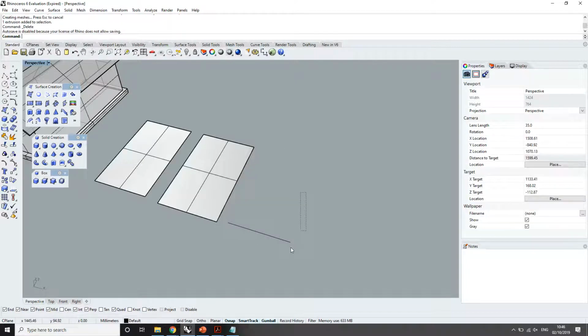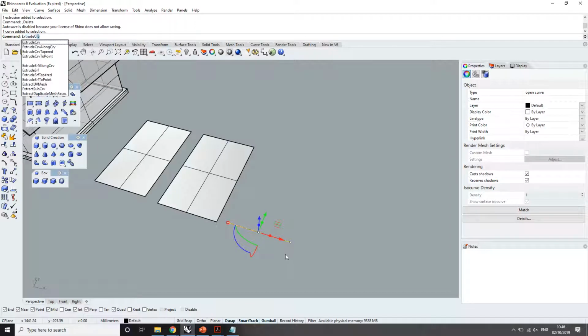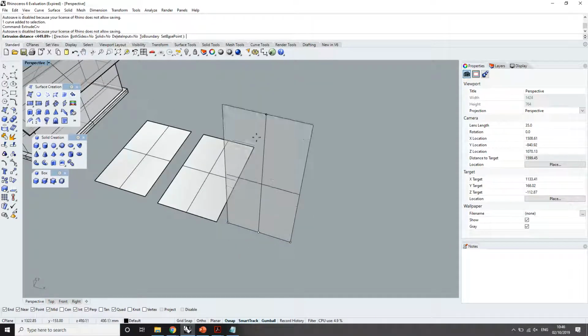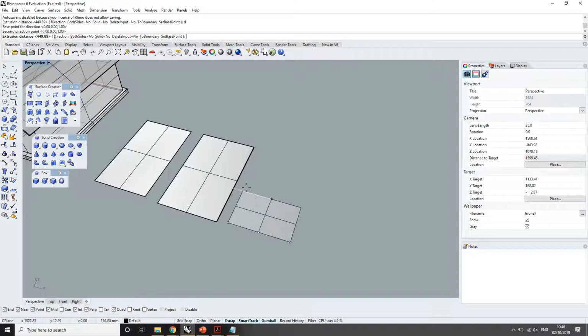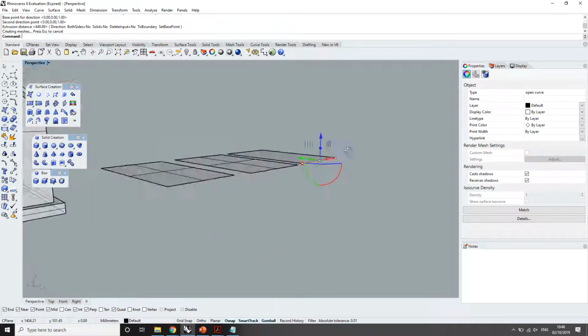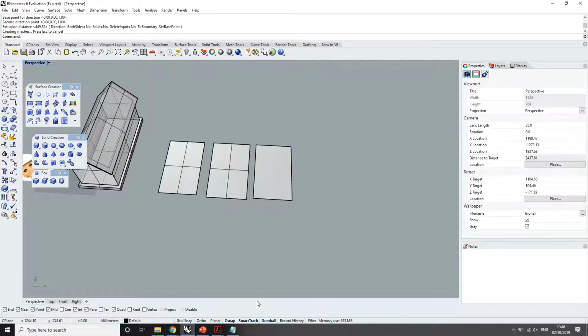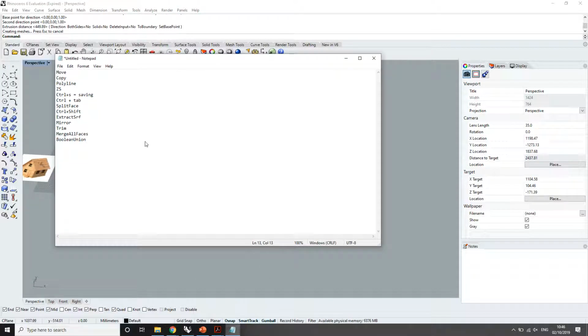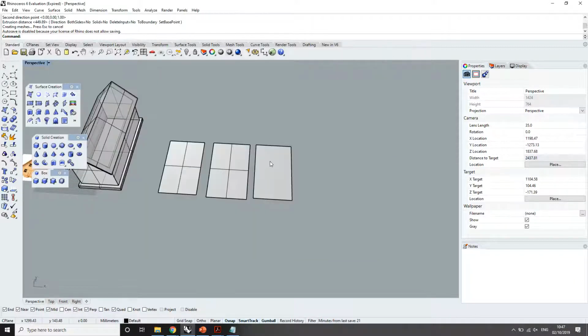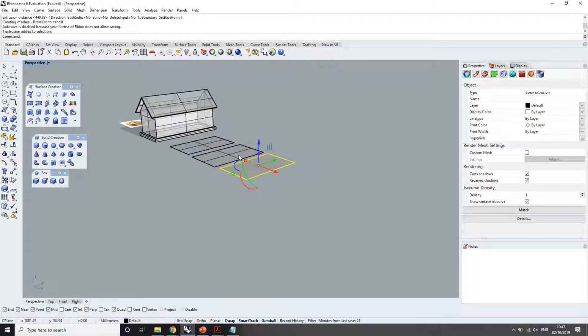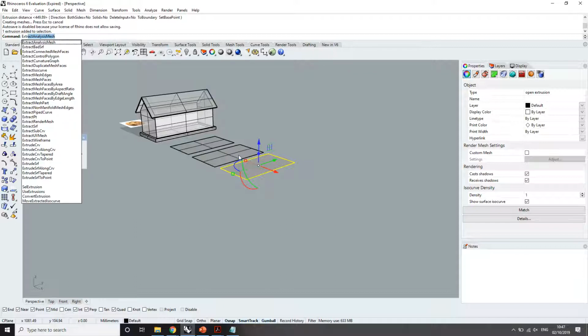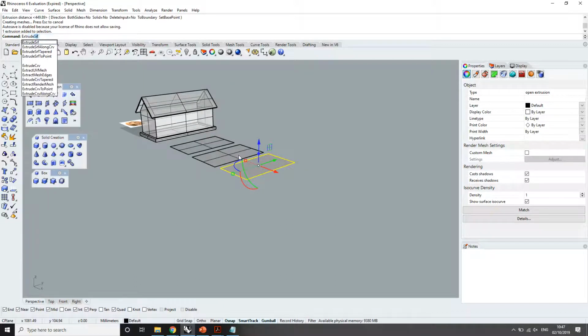Let me repeat this again. Select, ExtrudeCrv, D, Enter, set the direction, and then extrude that. So that's a different way of producing that surface. We covered that loft joins two curves, and there's also extrude curve. Also, you can extrude surfaces. So if I select it as a surface and type in ExtrudeSrf,